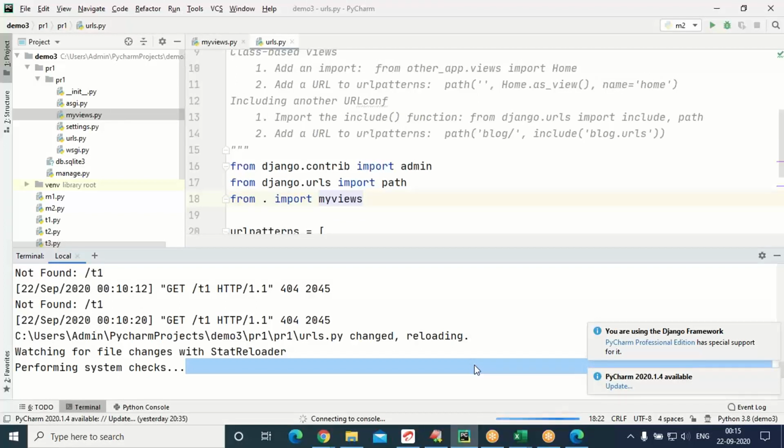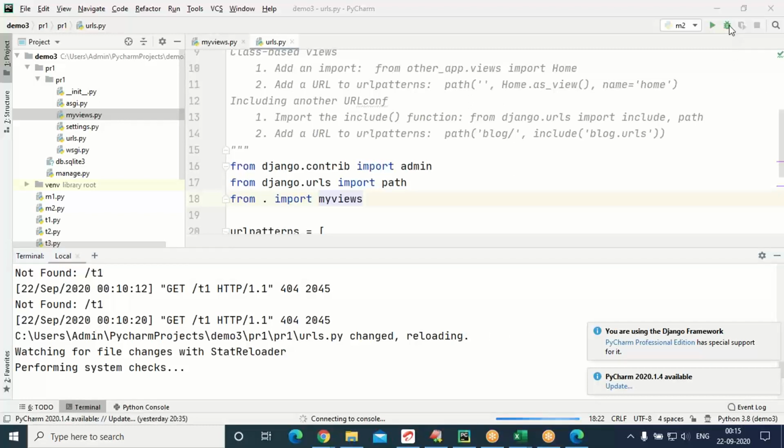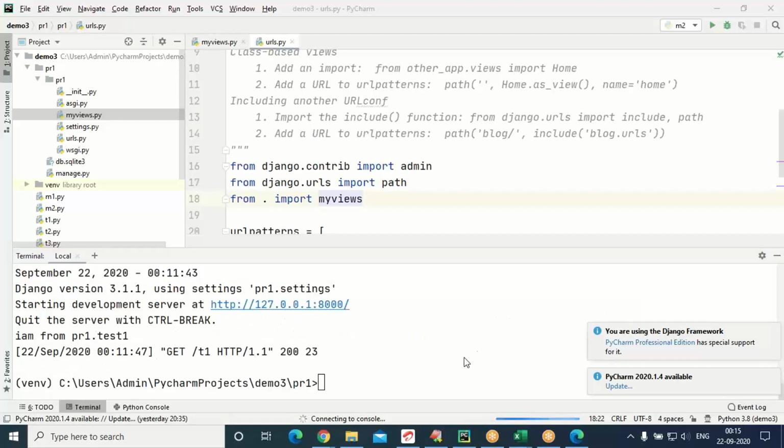Stop the server through Control C. By using Control C, we can stop the server. By using the Python command, again run